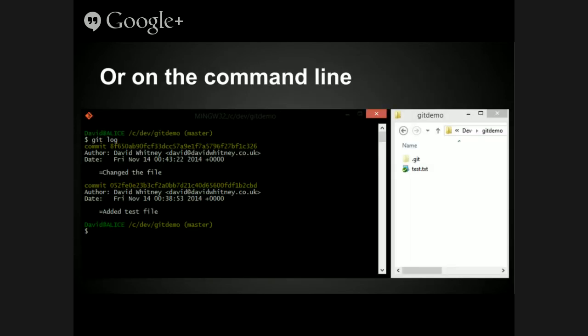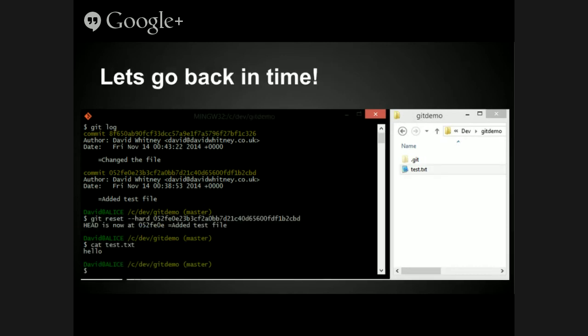Or you can do it on the command line, because obviously it all happened on the command line first. All Tortoise Git really does is run that command line, get the output, and pass it into its GUI. So if I type git log, you'll see the history, you'll see my author, the date of the modification, and the commit hash. So cool. It was late at night, and it gets later as I go on. I was very busy.